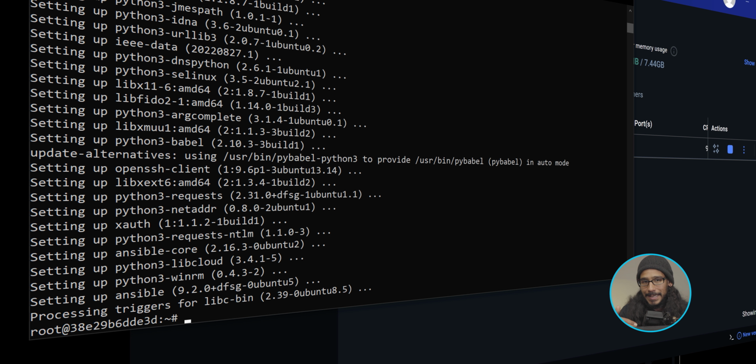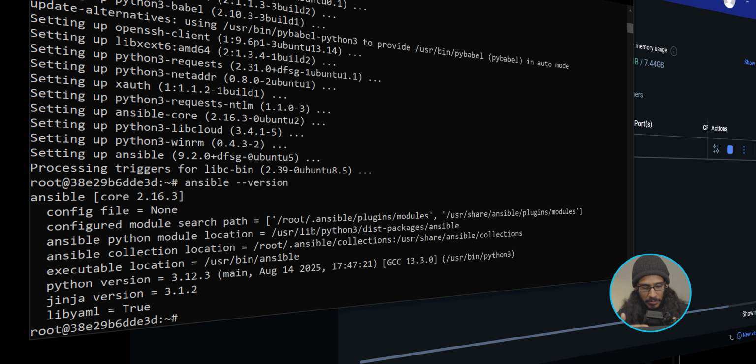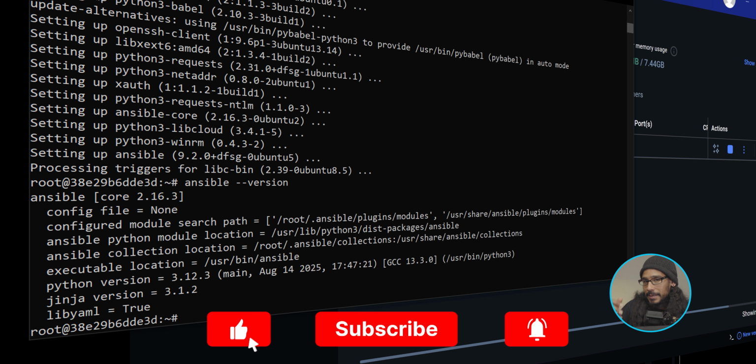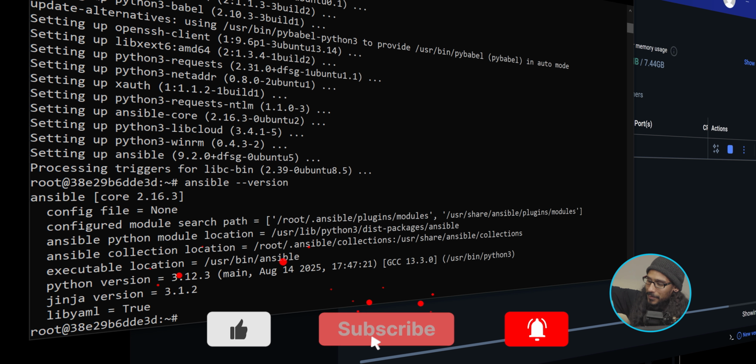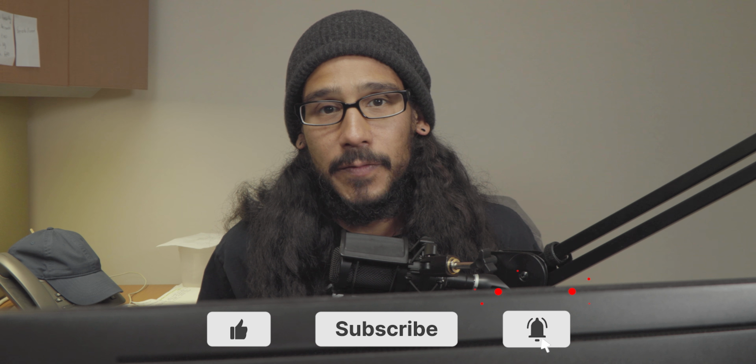Now, to make sure it is installed and it is running the latest and greatest version, I ran the following command. I hit enter, and it gave me this, which is great. It's installed. It's ready for me to continue my journey learning this particular tool for my system admin journey and my life.